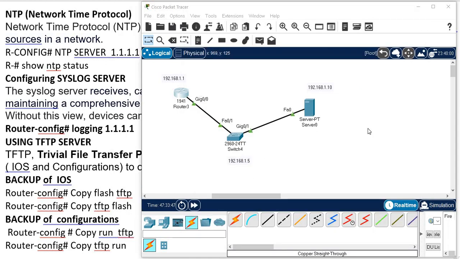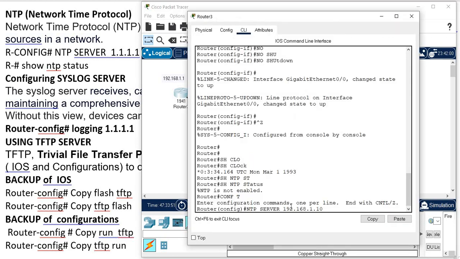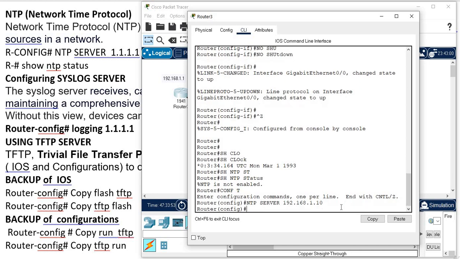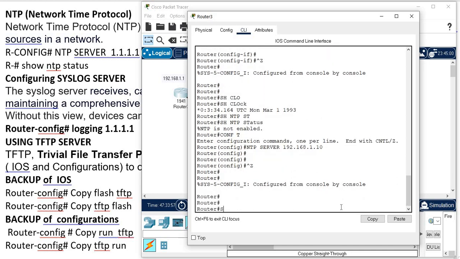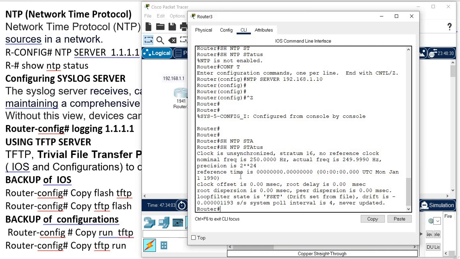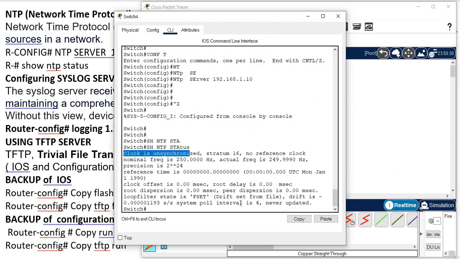Yeah, we have configured. Now we can ping together. I also configured the NTP server here. I will go and check here also. This NTP server is configured. But if I show you again, show NTP status, see, this is also saying unsynchronized, not synchronized. But if I go to the previous device, if I use it here,